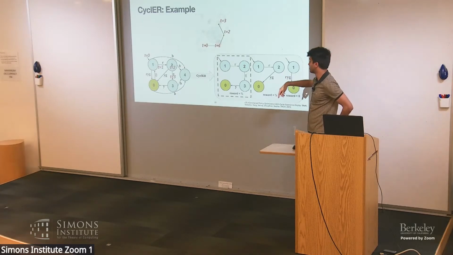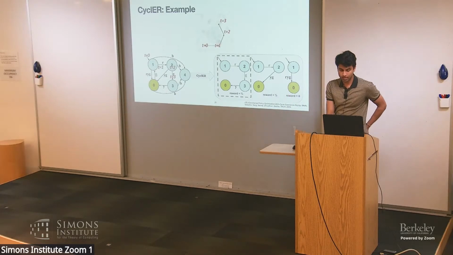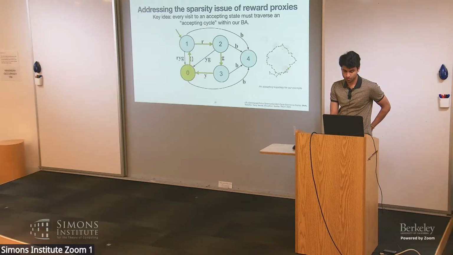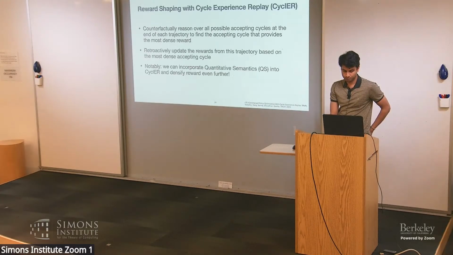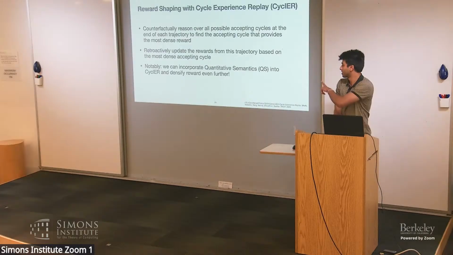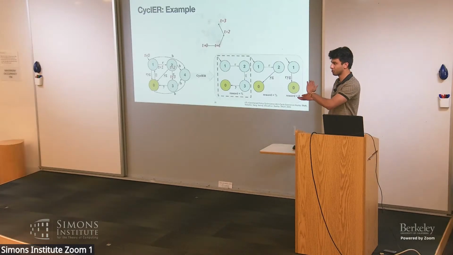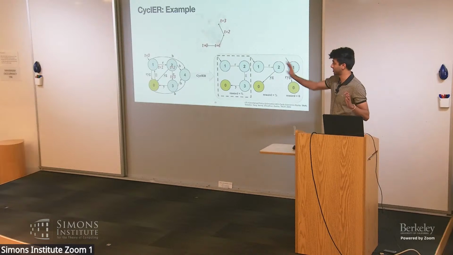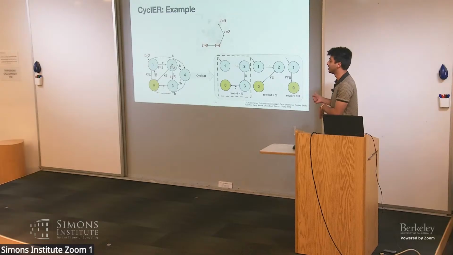Can you go back to the previous slide? Yeah, even further. So you do normalize reward. I wanted to show you this example because you're normalizing the reward. Even in the unshaped case, the maximum reward you can get from this proxy is the same as the maximum reward you can get from the cycler reward shaping. So that's why your lambda doesn't have to change.